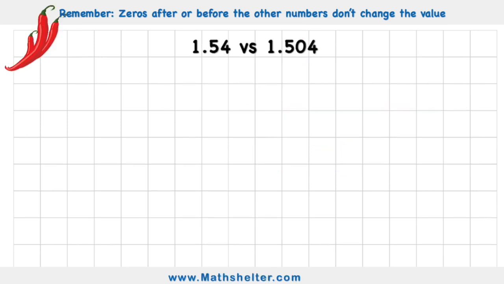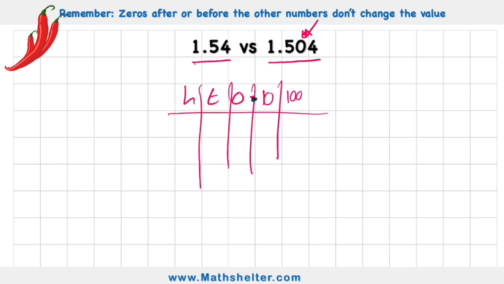Let's look at a really spicy challenge, and I can see I have the number 1.54 and 1.504. Now we can see this extra 0 is between the digits, so theoretically we should have a different value, but let's check using our place value chart. Let's build one. Okay, here we go. Now 1.54 is 1, 5 tenths, 4 hundredths. So in total I have 54 hundredths. My second number is